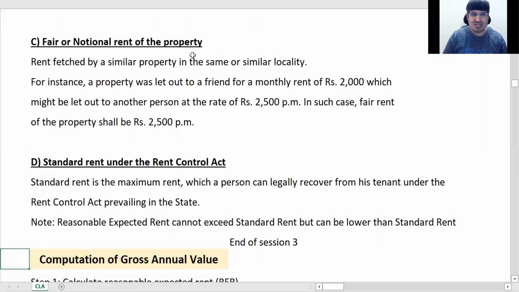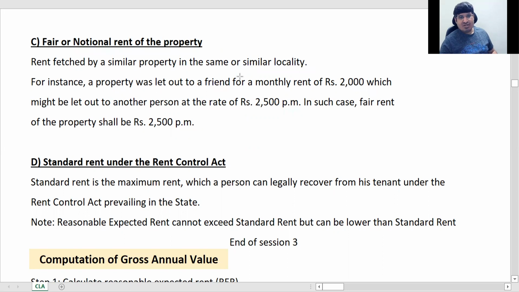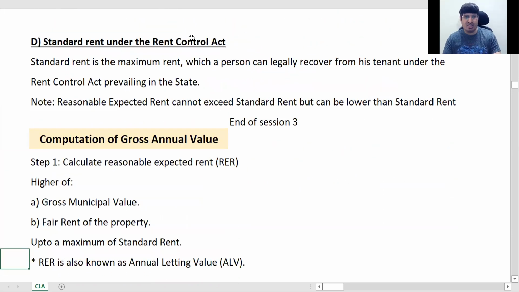Then third is fair rent. So fair rent is the rent of, इसको नोशनल रेंट भी बोलते हैं, same and similar locality. तो यहाँ बाजू वाली गली में सिमिलर हाउस किसी ने 20,000 में रेंट पर दिया है, तो हम बोल सकते हैं कि हाँ ठीक है, हमारा भी ऑलमोस्ट उसके जैसे ही होगा। जैसे ये एग्जाम, और इसमें क्या देखना है, किसी ने रेंट को 2000 में अपने फ्रेंड को दे दिया है, लेकिन नॉर्मली कोई बाहर का आता तो 2500 में देता, तब फेयर रेंट हम ये मानेंगे। ओके, एक नोशनल रेंट कितना है, उस किसी बेसिस पे आजू बाजू वाले घर में निकालते हैं। ठीक है, तो ये हो गया।